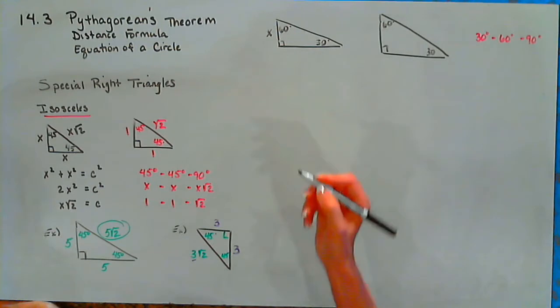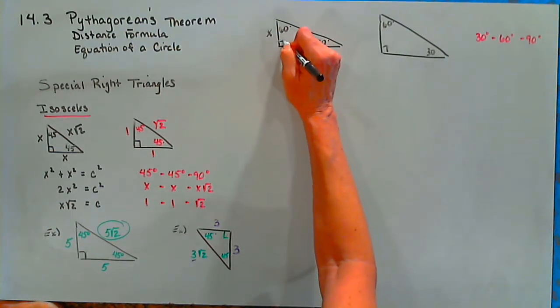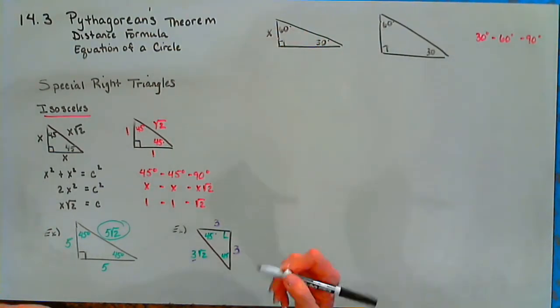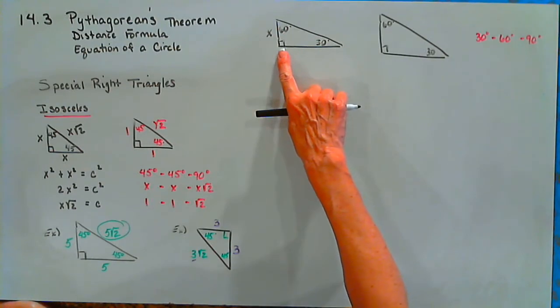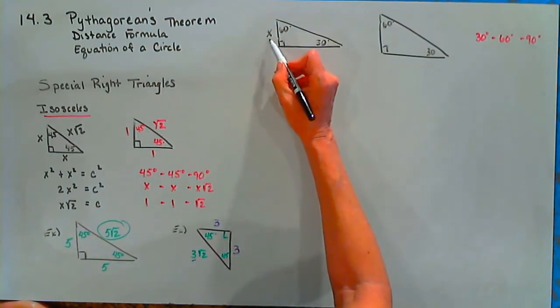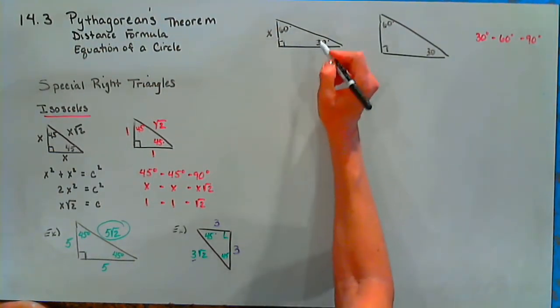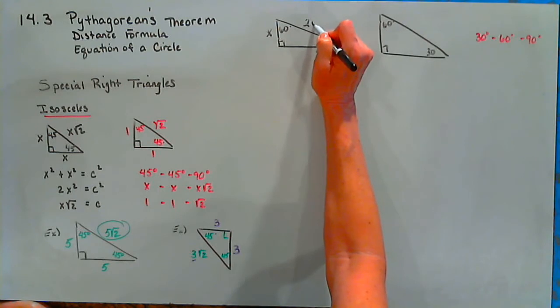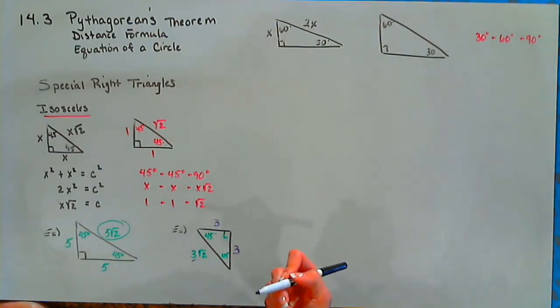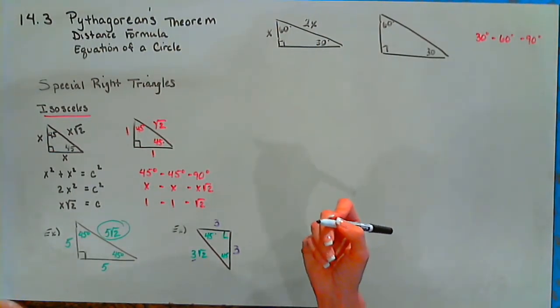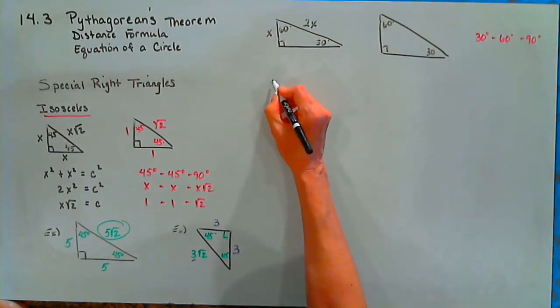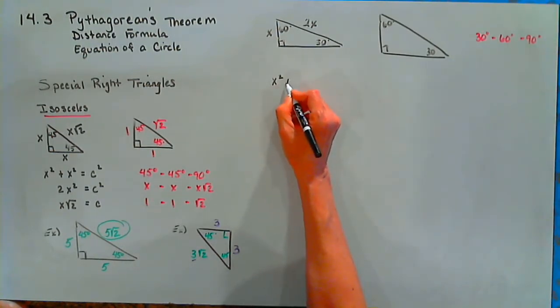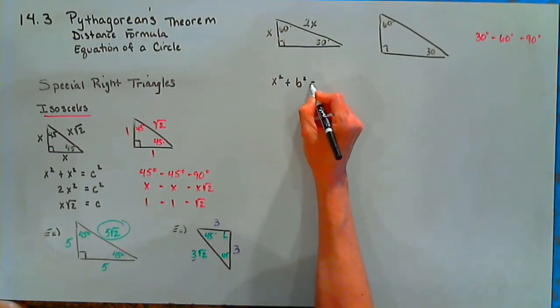And you'll need to trust me for now. You can do some investigation as to why. But the hypotenuse is the longest side, and it's across from the largest angle. So what's really cool is if the shortest side is x, the longest side is twice x. And of course, we could calculate the third side again by Pythagorean theorem, and we could calculate it